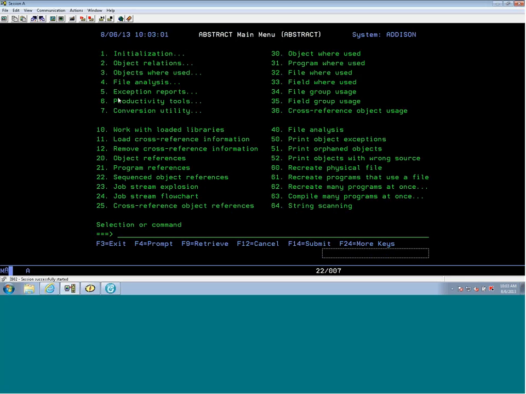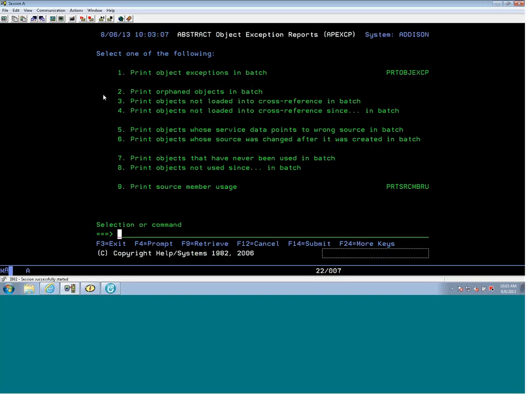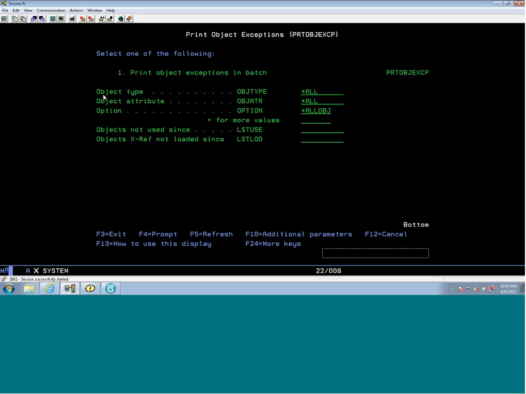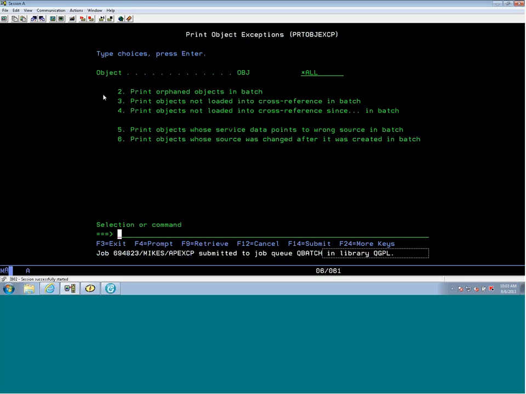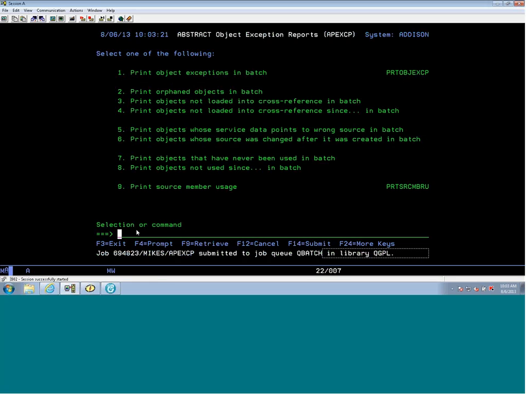Option number 5 is the exception report. We come in here, and I'm going to take option number 1 to print the exception report in batch. Again, I'm going to prompt on it because I don't want to do everything. I'm just going to look at all of the objects within APL sample. And that's been submitted off to batch. That doesn't take too long. There's my message already